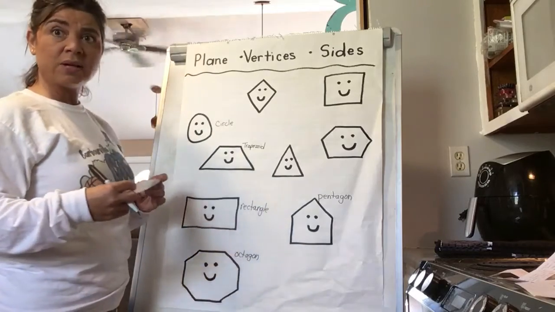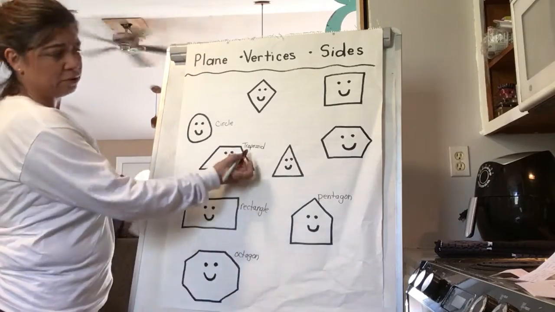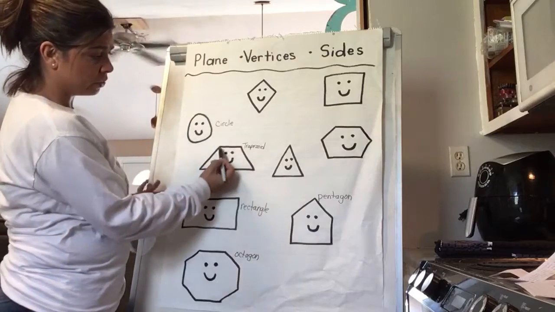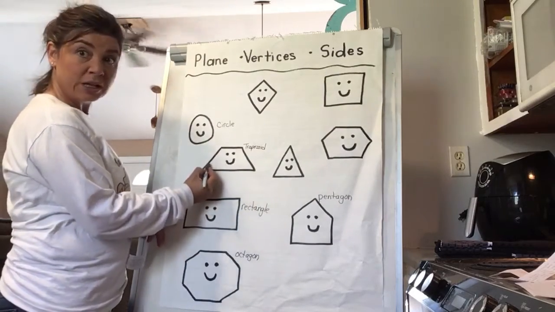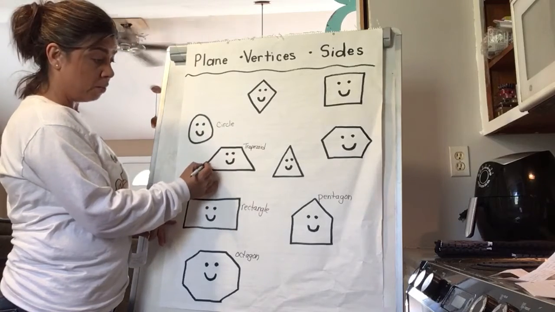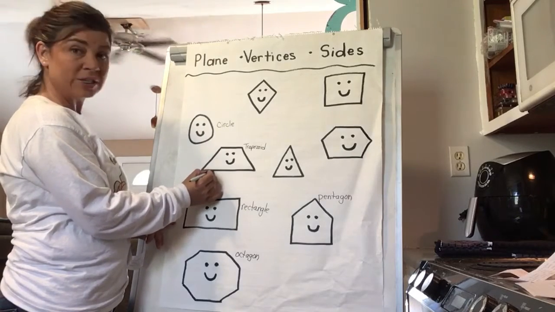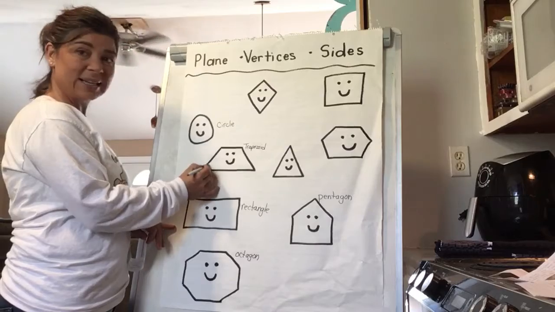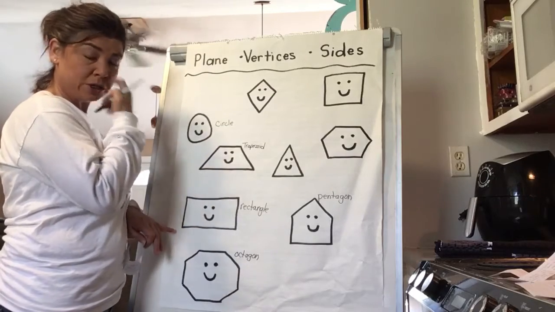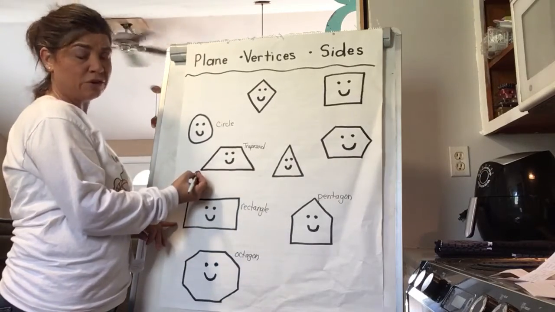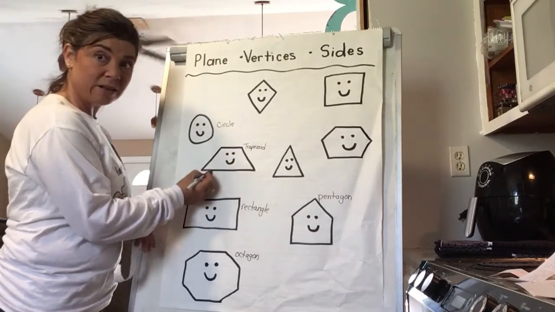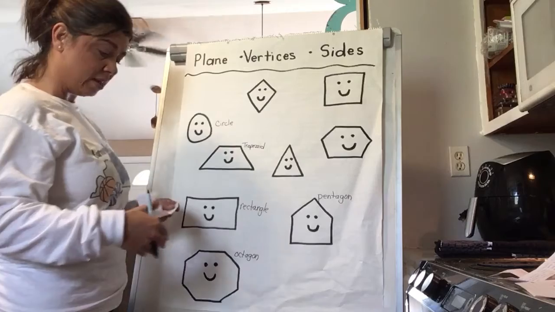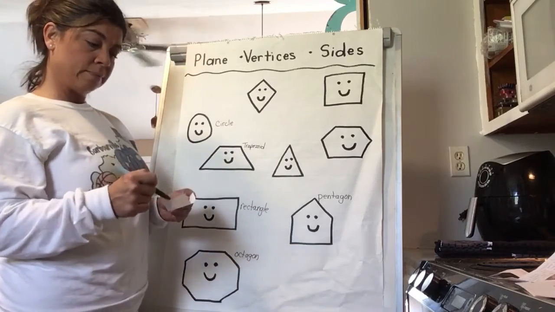Now, the angle is when you have, let's use a trapezoid for instance. An angle is where you have your 2 sides that meet. Here's your vertices. The measurement between the 2 sides in this vertex is called an angle, okay? When 2 sides meet, they not only form a vertex, but they form an angle. And this inside of the shape is an angle. So this one has 4 sides, and the sides are the